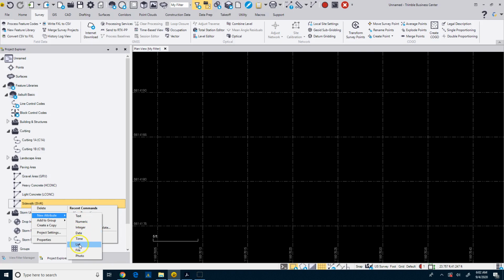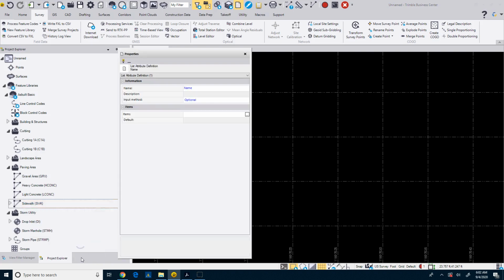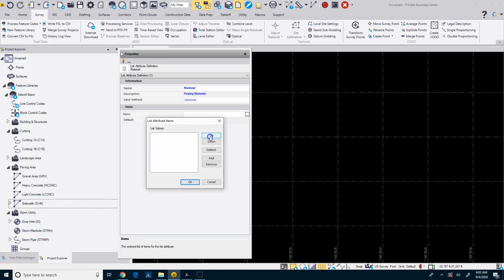This one I'm going to do a list versus text. Now I could have done text on the pipe one, but that's going to show you on here. We're going to do material, and we're going to put in paving material. So same thing, we could have done this for the pipe. And then the items here, I'm going to click on this and we can go ahead and enter in